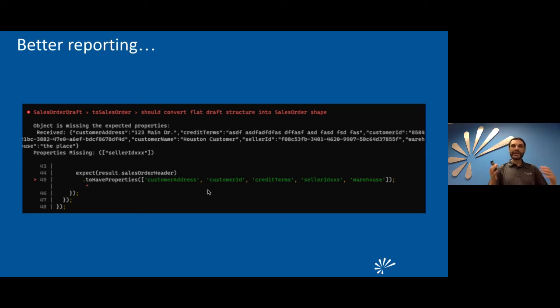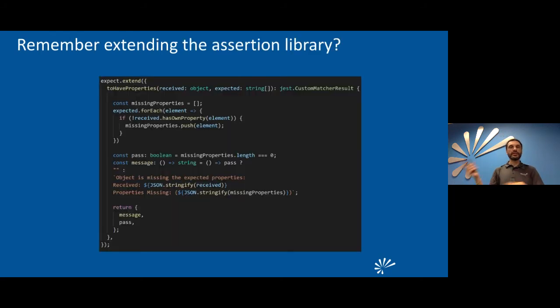Right on the assertion message, the failing message, we see what's wrong. Because when we write the code, we know what can go wrong. We do expect these properties to be on the thing. If it's not there, it can't function. So just relay that back, so that as that comes up as a defect, it tells you, hey, this is what's wrong with the code. It just saves time in the long run.